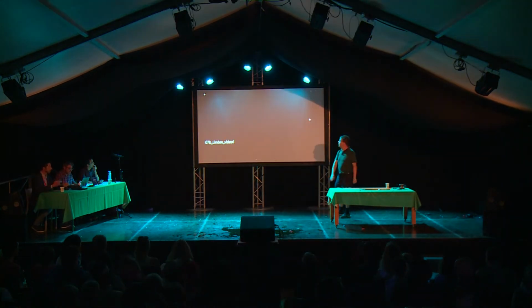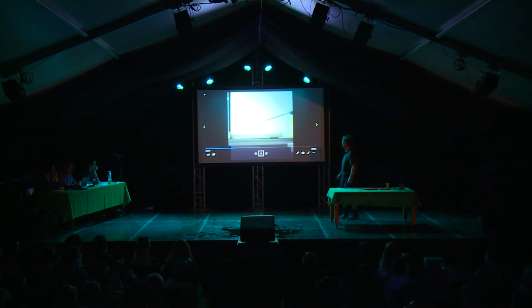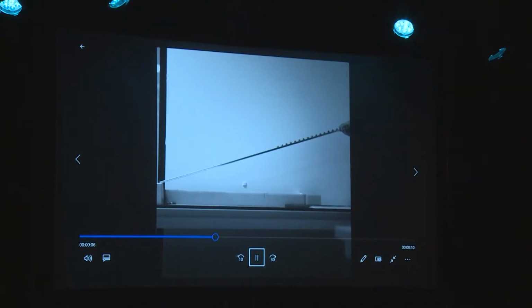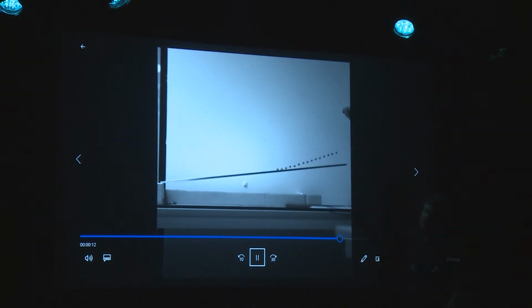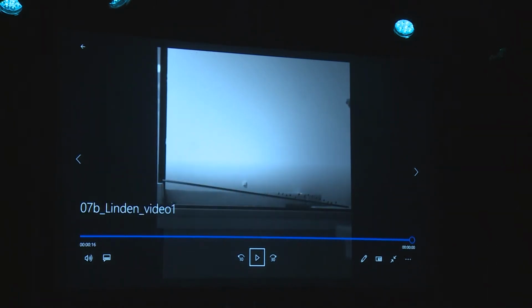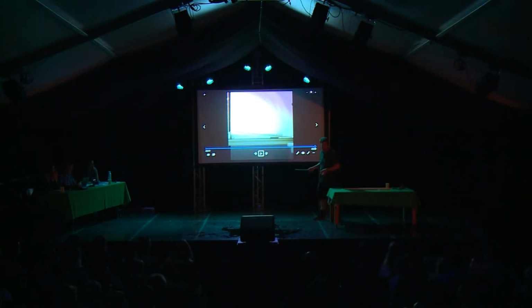This is taken with a high-speed camera. This is the rod, and you see the beads. It takes some time. There's the release. And the beads, they form a straight line. And you can see this point is moving with the acceleration of g. Okay, that's nice. You can see it actually. The tip is moving